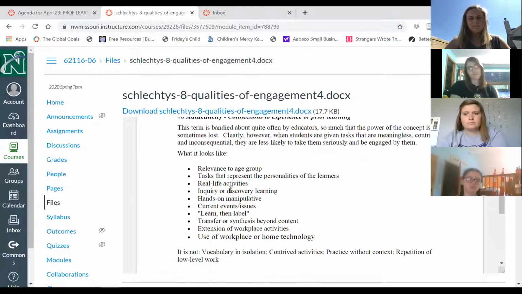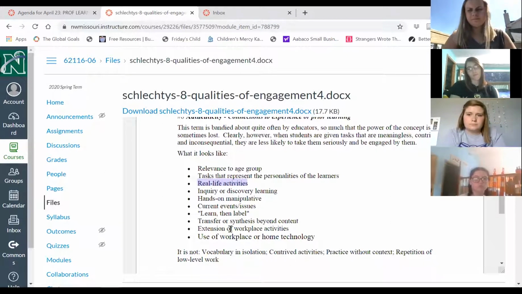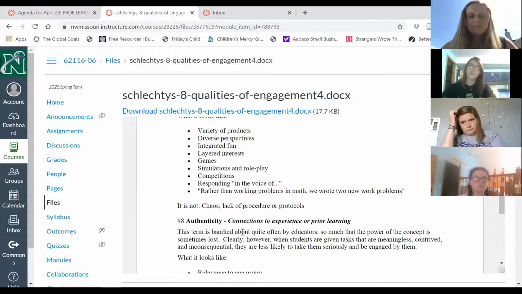So how relevant are the activities that you put out in your classroom? Can they be put into some sort of a real life situation? Does it involve inquiry? Does it involve synthesis? Does it involve home technology or technology in the school setting? How is it that it can build their own skill set to be successful outside of school? That might be a good way to think about how authentic a particular topic is that you choose to teach about.